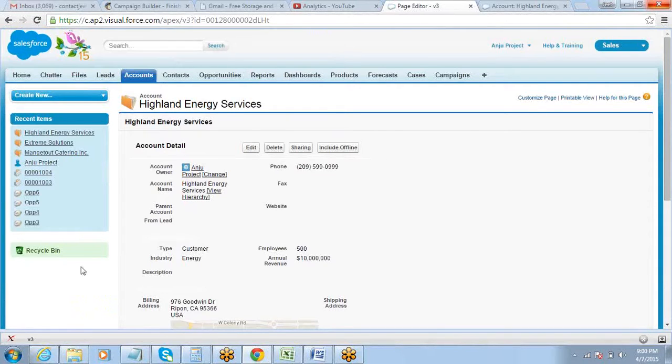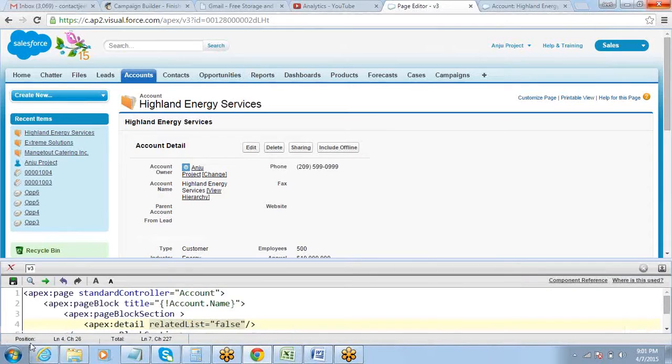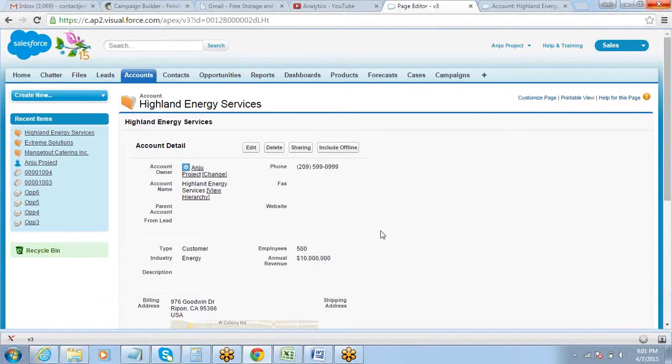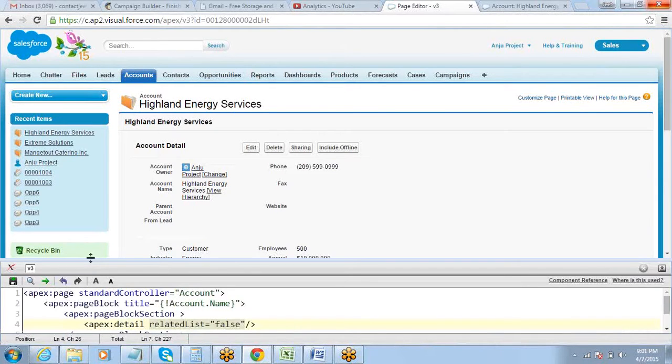All right. There's another thing that you might have noticed, that details are being displayed only on half of the screen. Half of the screen is left blank. Did you notice that? Doesn't it look weird? The entire thing has come into half of the screen and the rest is blank. This is because of the apex page block section component that we are using.